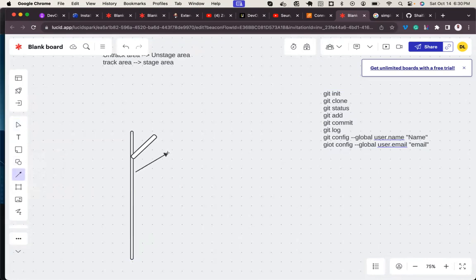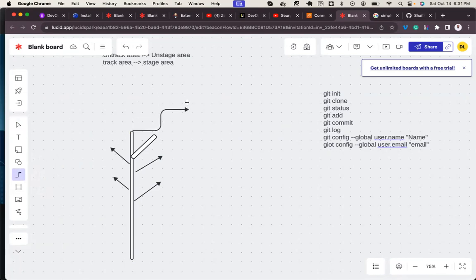A tree has several branches. This part that is holding these branches is called the trunk.